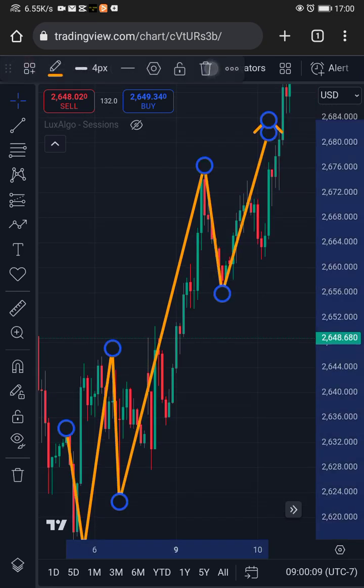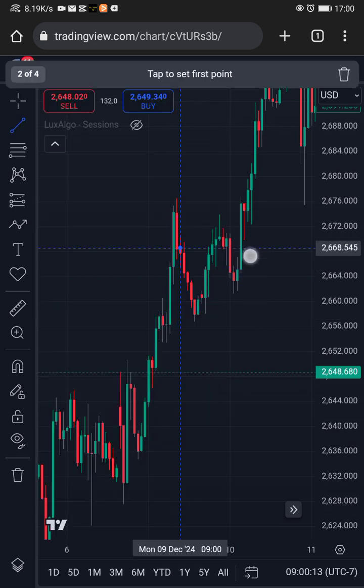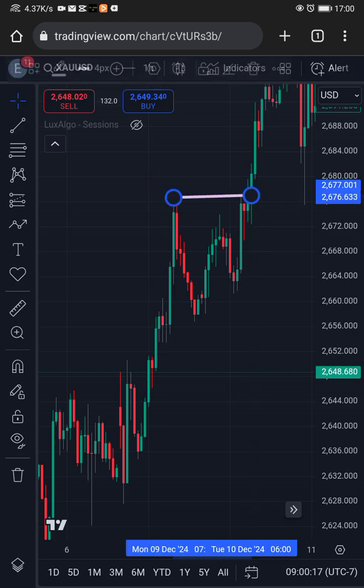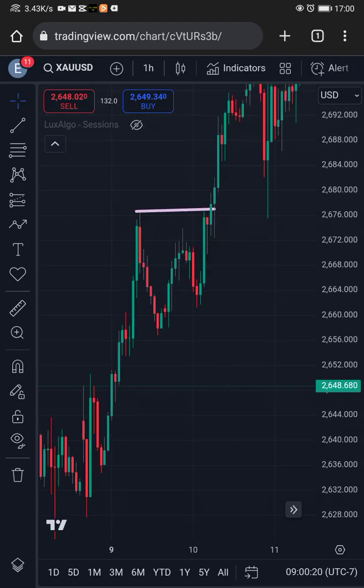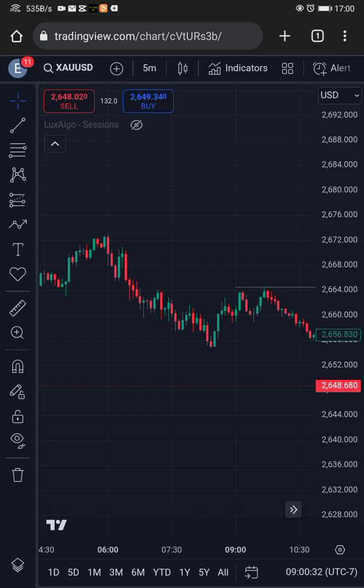We are in a bullish trend in this market using my H1. So now that I know that we are in a bullish trend in this market, we have to go down to our smaller time frame, like 5 minutes, to look for our entry. Since we have already known that the trend of the market is bullish, back to our 5 minutes. So on my 5 minute right here,